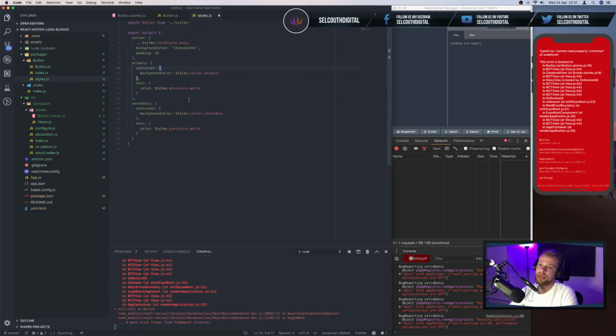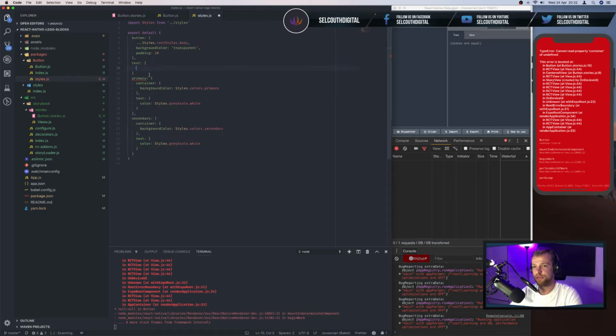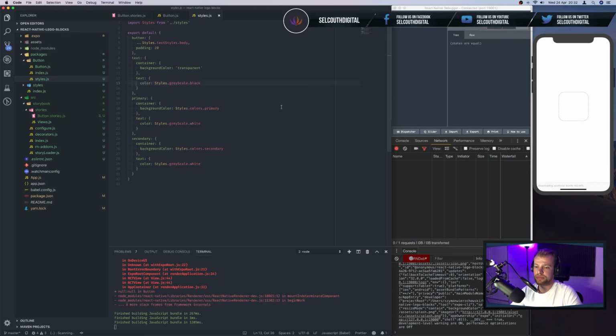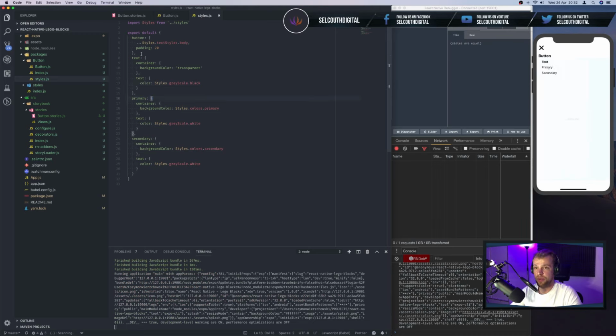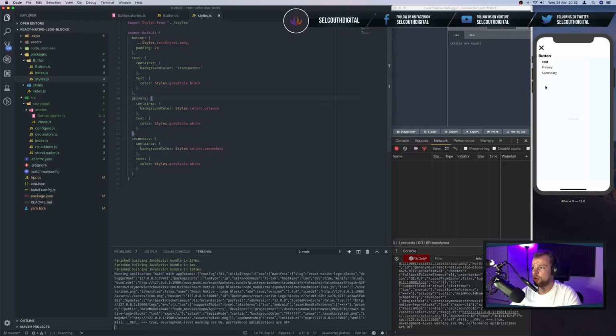Okay, so now because the text input doesn't have its own object, like here, it cannot find it, right? So this is a little problem here, because we don't specify the text type. The text type is default. So we could either add it there, we could have the container and the background color could be transparent, and then the text could have a color set to styles, grayscale, black, for example. So as you can see, that fixes it for us, because now we have all of those kind of types defined,